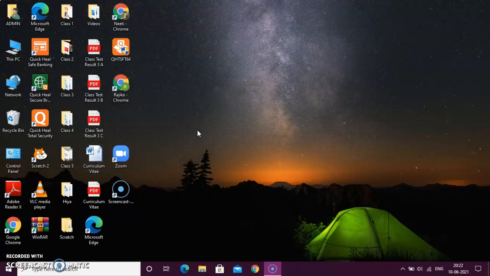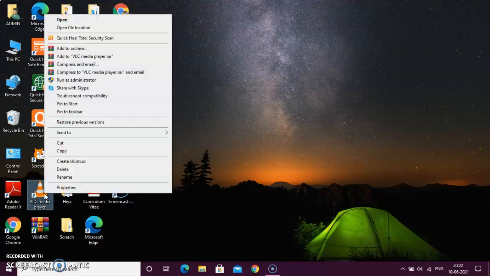What we can do with the icons, we can simply open that particular software. If I want to open VLC media player, I will put my mouse pointer on the icon, press the right mouse button, and then I will click on open.